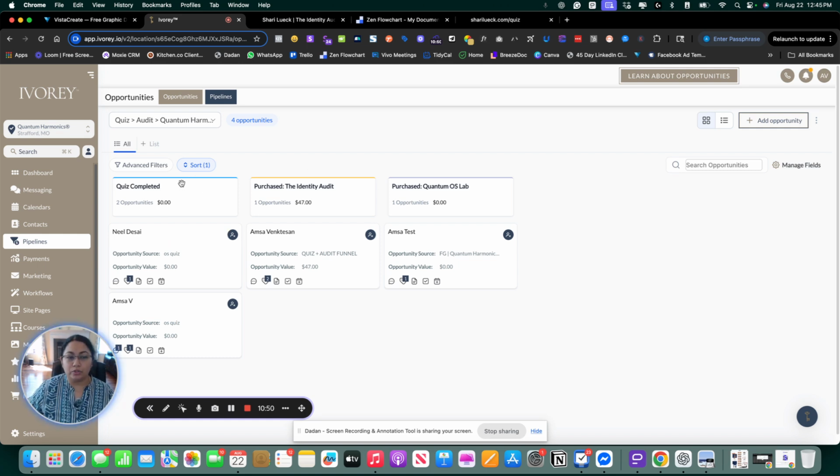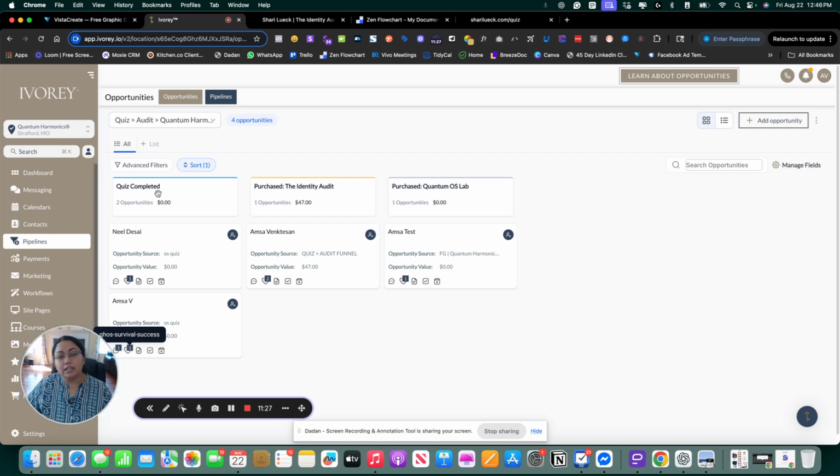So we do the walkthrough videos, and as you can see here, one of my teammates actually took this test, and you can see that he's in the QHOS performance mode, one of the tags that you saw on the back end. So we have tagged him, and then I tested it from two different sources. One is a survival success kind of tag, and the other is an emerging regulator kind of tag. And you can see anybody who completes the quiz will be added the tag completed quiz, as you can see here. And this is the pipeline which says quiz completed,